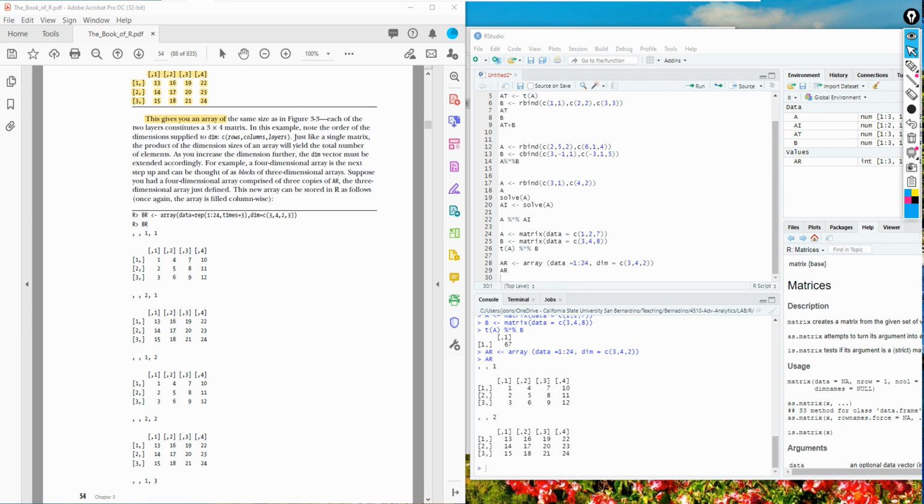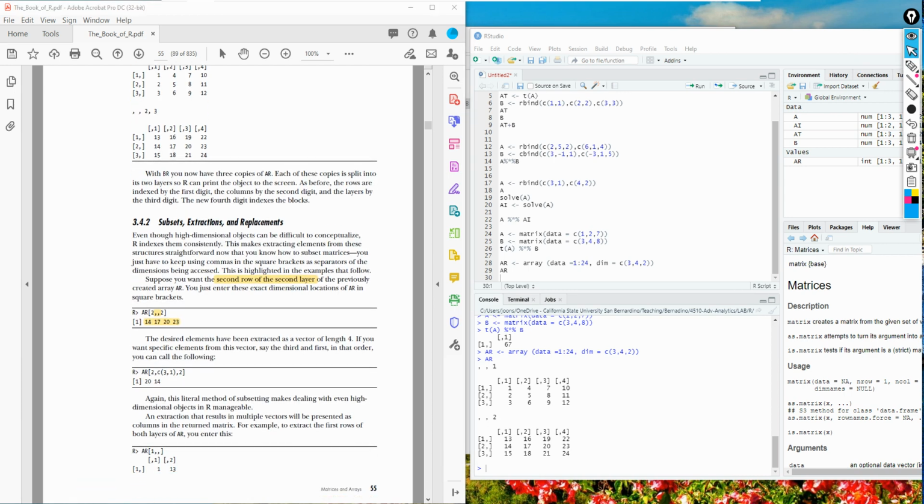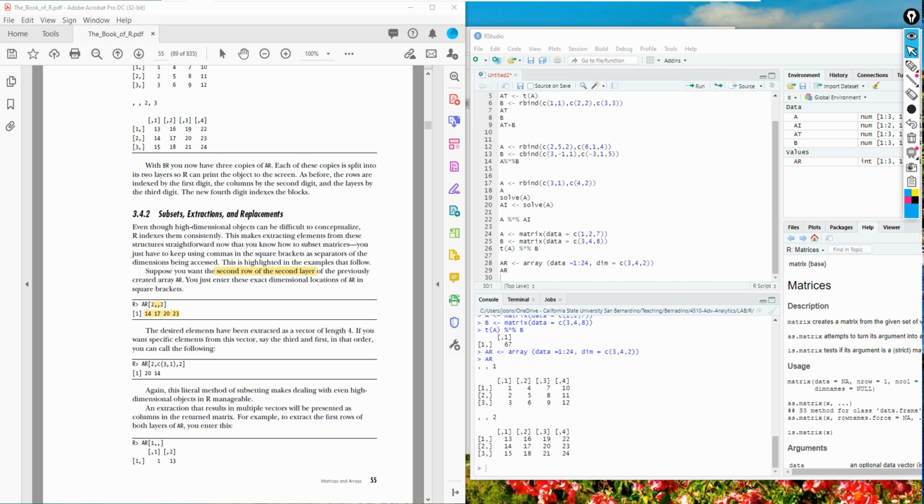By the way, we're not going to talk about anything greater than a 3-dimensional array. This would be like a 4-dimensional array, so we're not going to talk about this in this class. The same concept can be applied to an array when it comes to subsetting, extraction and replacement.